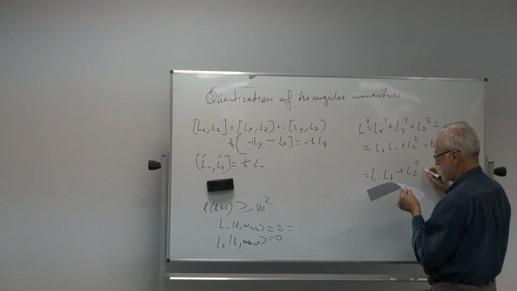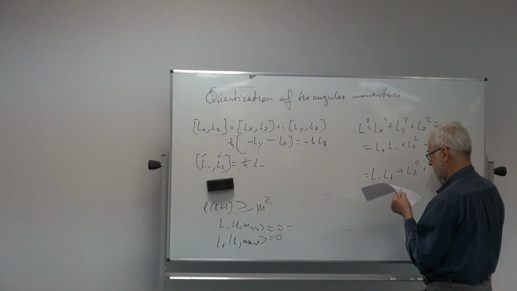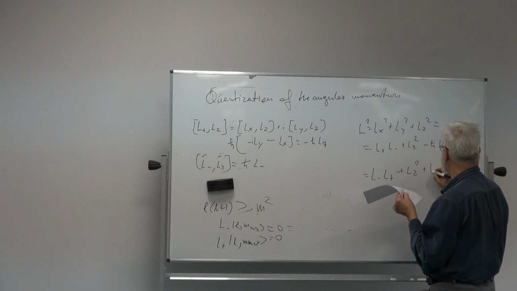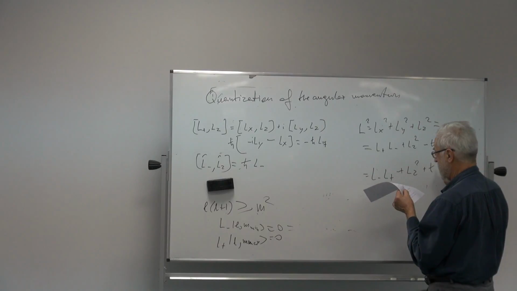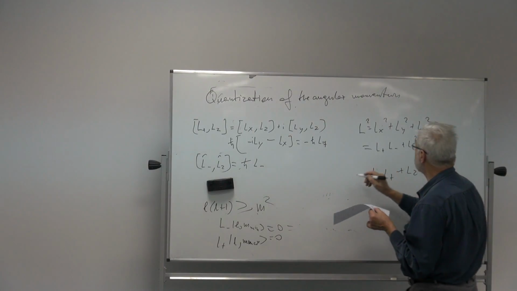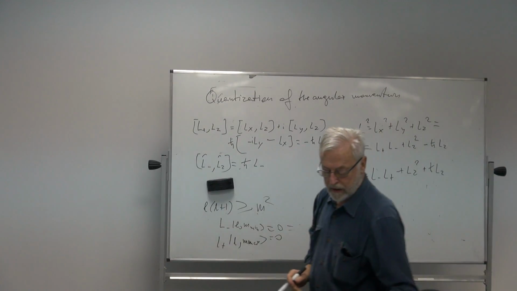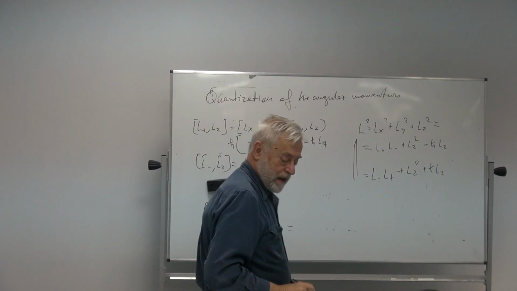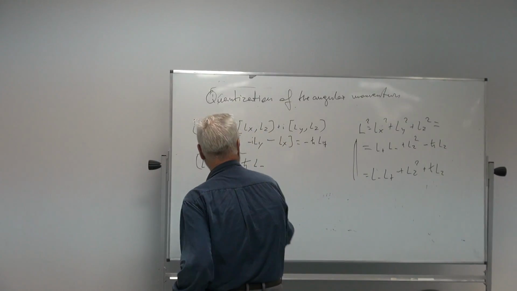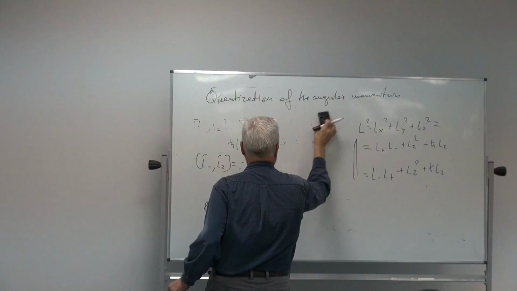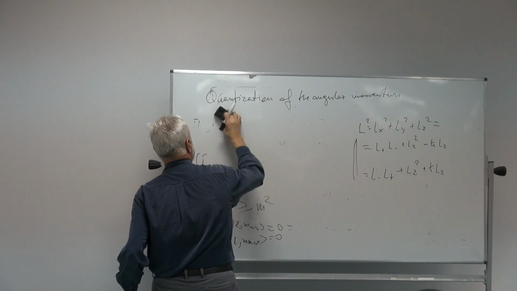And if I have the other order, then of course I need to have plus h bar times Lz. So these are two equivalent expressions for L squared, which are kind of handy. Why? Because with these expressions, I can calculate